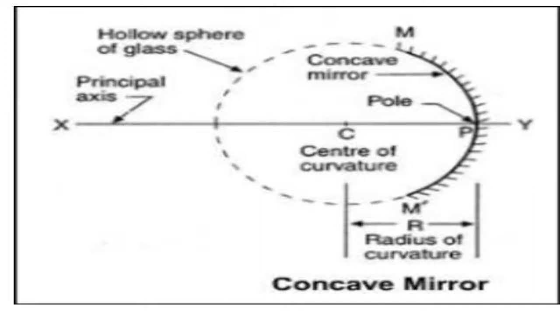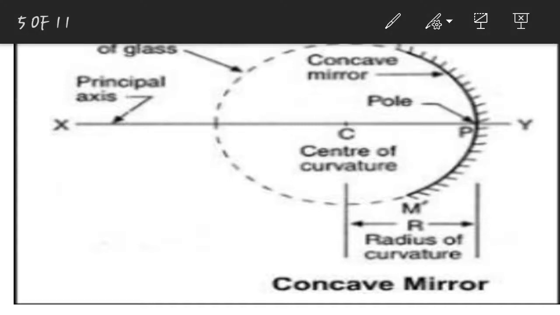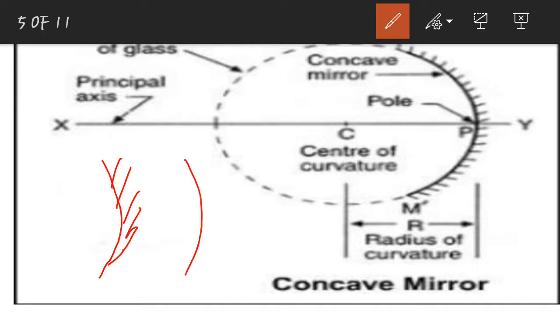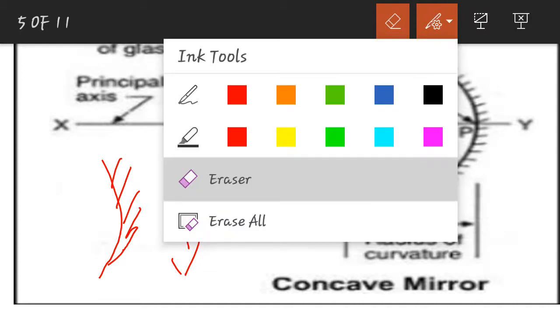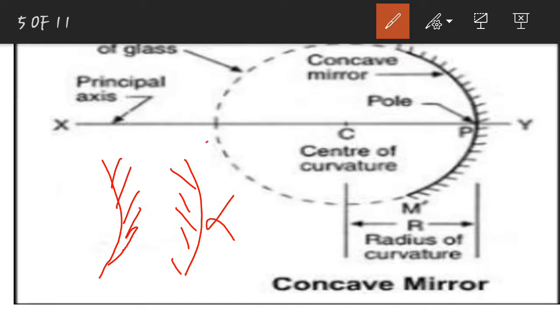In this, one more thing you have to take care of: concave and convex mirrors should be from the same part of the sphere. We can't use it like this, where on one side we have used this as concave, and the same portion as convex. This is going to be wrong for us if we are using the same portion. Clear? So you have to use the same sphere. This should be a concave and this should be the convex mirror.